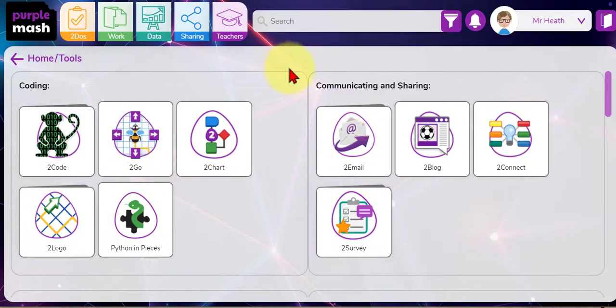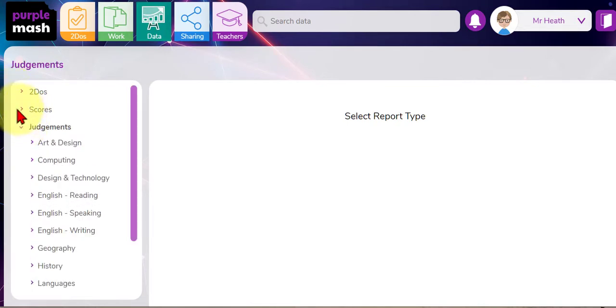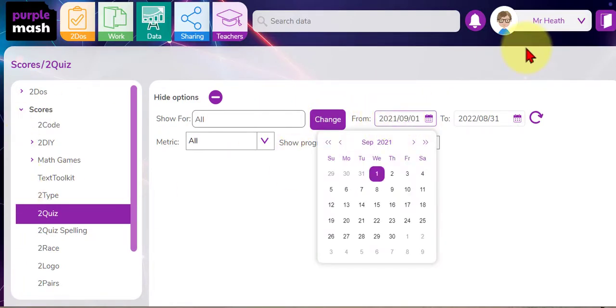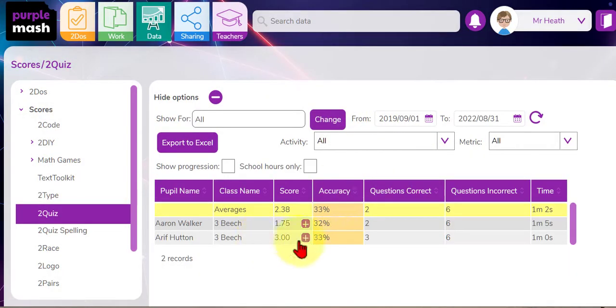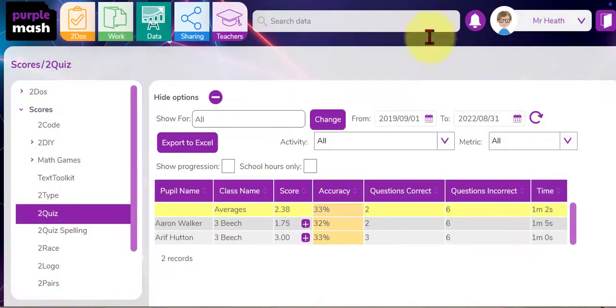The nice thing about 2Quiz is that any quizzes that the children do are stored in the data dashboard up here. So you can go into scores, click on 2Quiz, and then you might need to change the dates like I need to here in my pretend school. So I can see only 2 children in my pretend school have done a quiz, but in your school you might need to change and select the class that you're looking for the scores from,